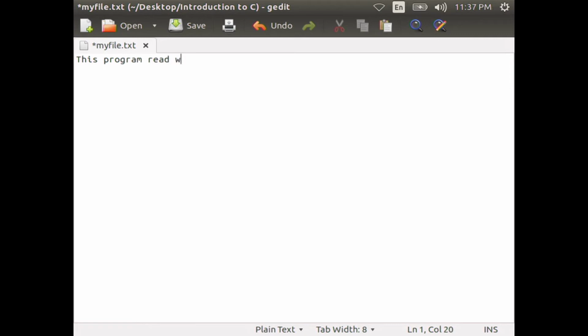Let us explain the execution of this program based on this input data. After initialization, the program reaches the while loop and reads the first word, this, from the input file and copies it into the character array word of size 100. Now, the program also checks whether c contains end of file or not. If not, it will print the word copied into the word array. Continue this execution up to the last word.